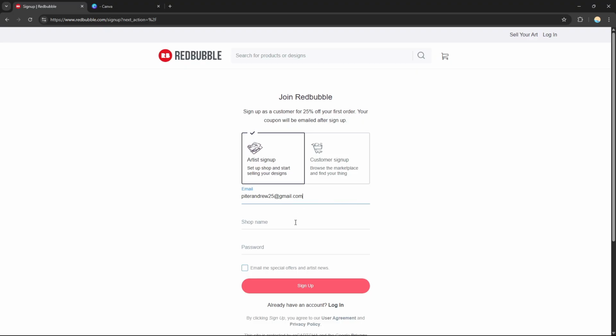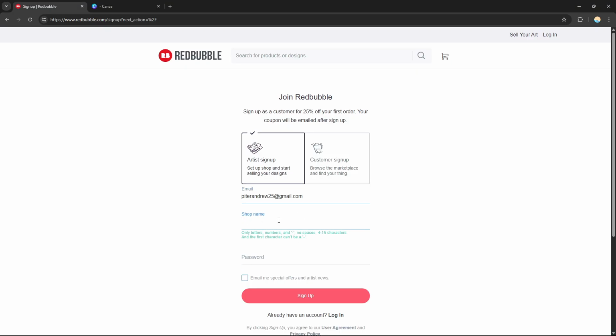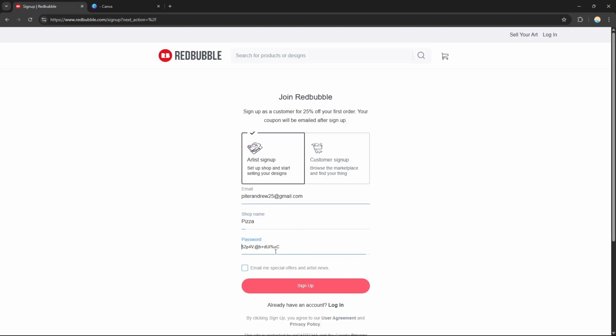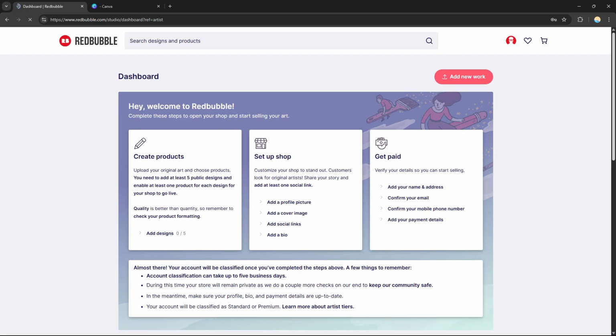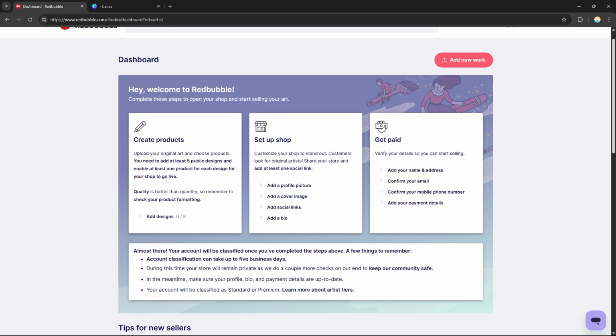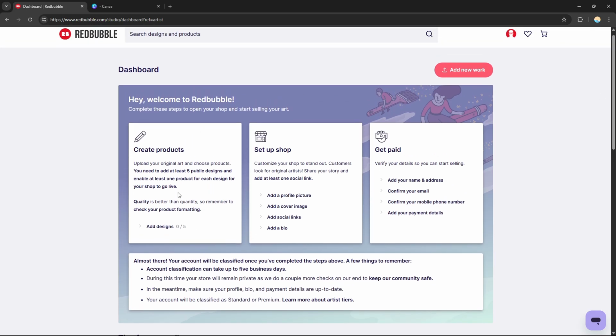You just need to input your email address, your preferred shop name, and the password. You just need to input all of this information, and after clicking sign up, you will be redirected to the dashboard. As you can see, there are three steps that you need to do to set up your print on demand. You need to create products, and after creating your products, you need to set up your shop and